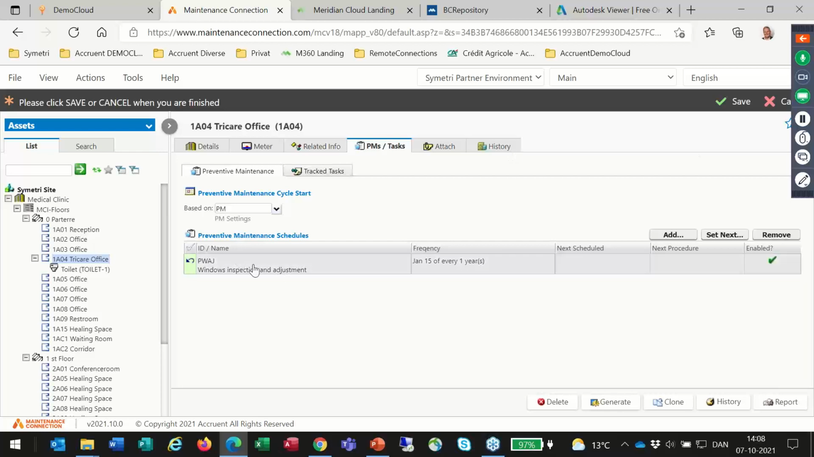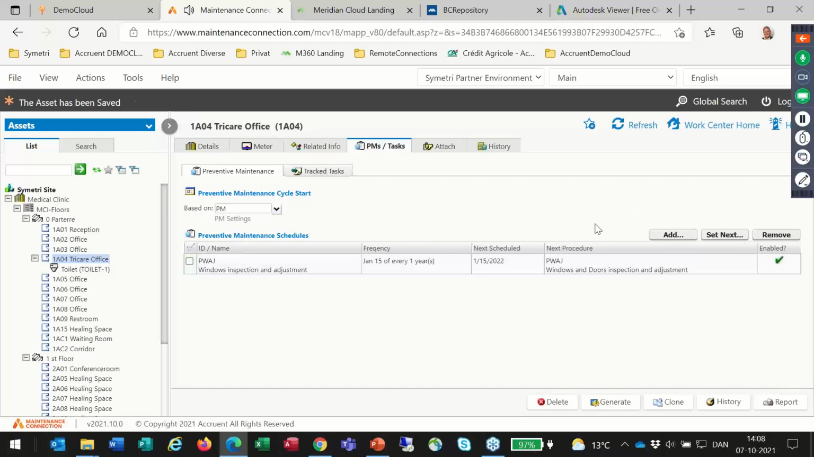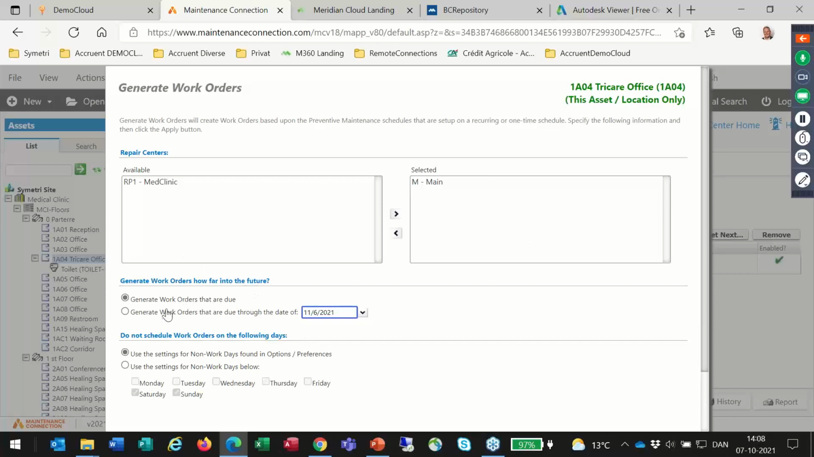So now I have added that the windows has to be in this office, has to be inspected once a year, starting up here January 15 of this or next year here. So just save it, and then the system will do the work order generation automatically. We can try and see and say, okay, just need